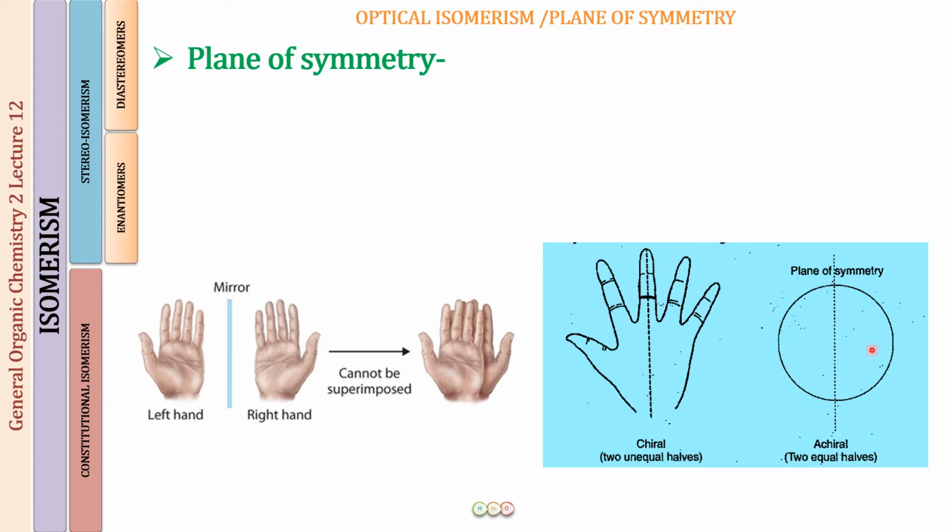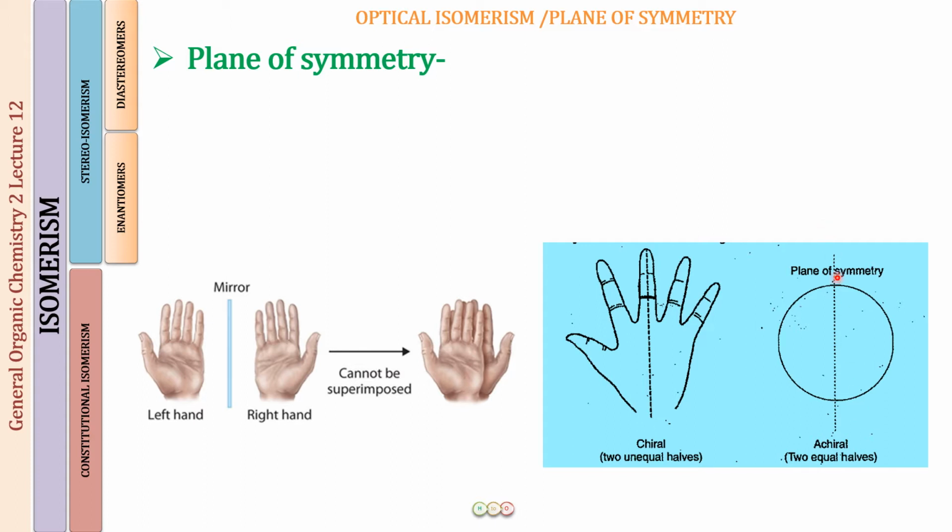Similarly, this is a sphere, and I have placed a mirror bisecting this sphere into two halves. Imagine that you have a football with you and you are splitting it into two halves with the help of this mirror. This is something you are imagining, but I hope you can understand. If you do not, I am going to show you everything with the help of models also. That is going to make your understanding very clear.